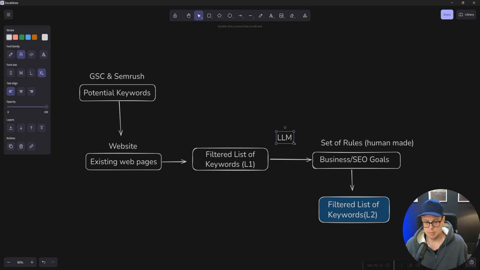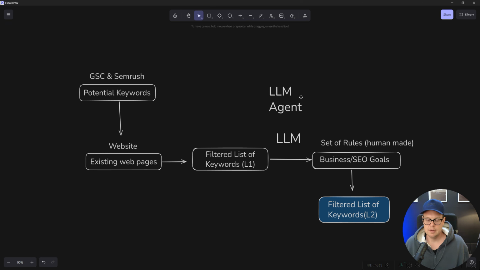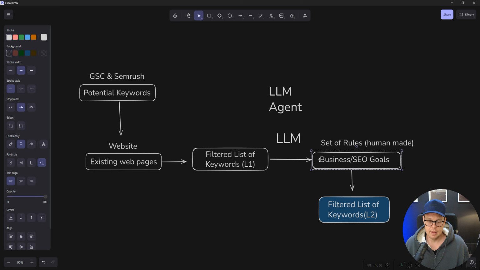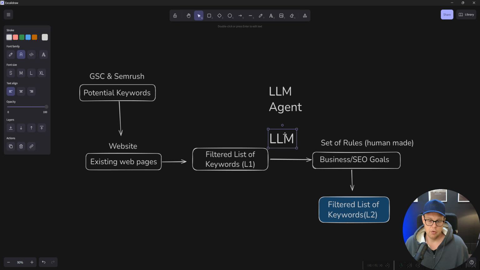And then if it's a large number of keywords, we most likely need to use Python and give the LLM tool access so that it can write its own Python script. So it would be an LLM agent of some sort, because we want some automation here so that we don't need to make all the decisions ourselves in the end, which tends to happen when you just write some programming code. There are always cases where the programming code doesn't account for what you see in reality, and then you end up making decisions yourself,